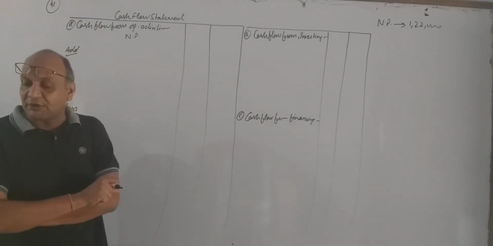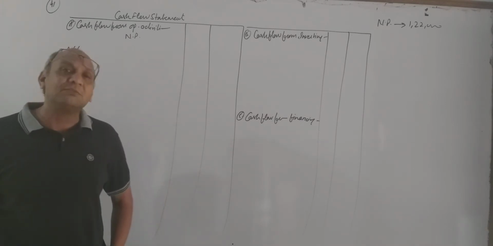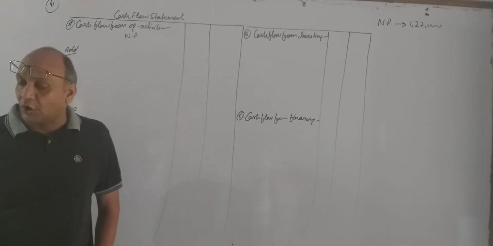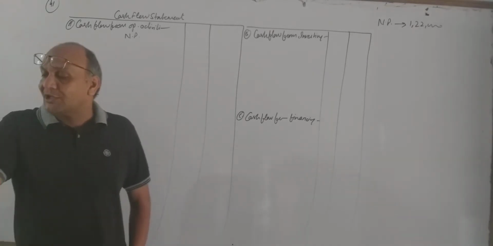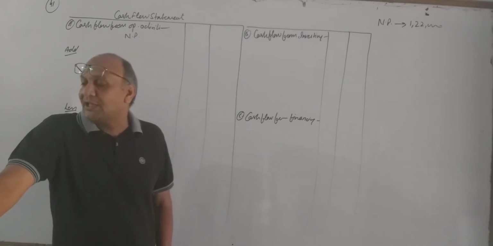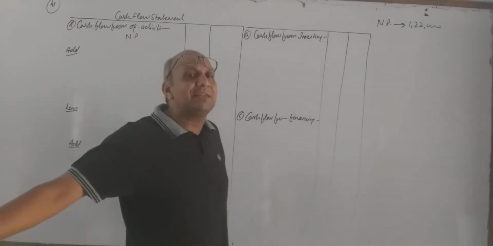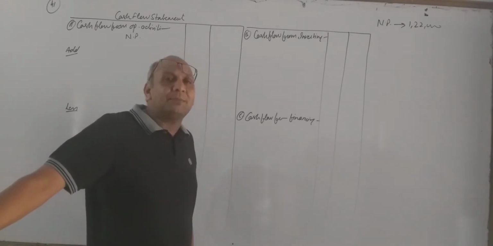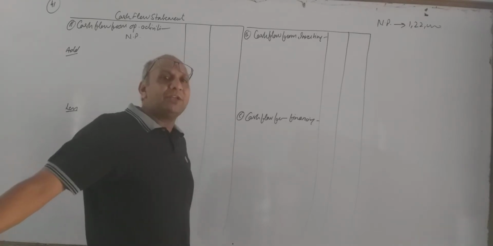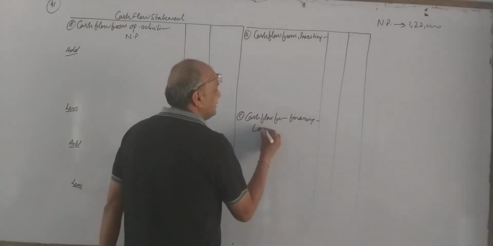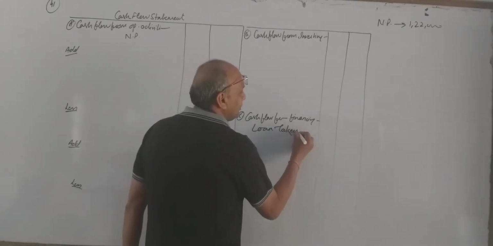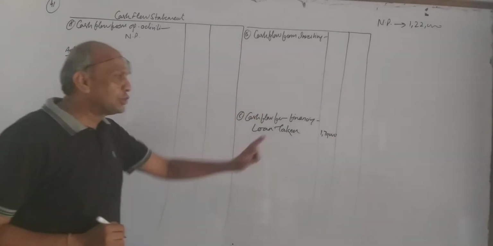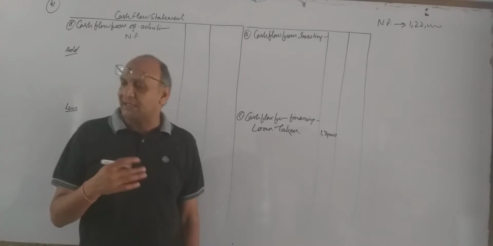After shareholder fund we have given non-current liabilities, long-term borrowing, and in long-term borrowing we have given note number, mortgage loan. Last year loan is nil and now loan is 1,70,000. Our loan is increasing. Why is the loan increasing? It means loan has been taken by the business. Loan is which activity? Financing activity. So let us write over here: loan taken 1,70,000. Positive item because loan is increasing, money is coming.